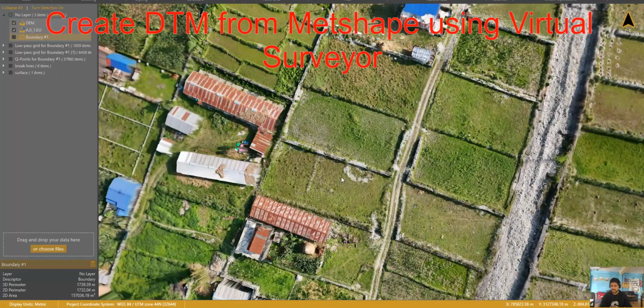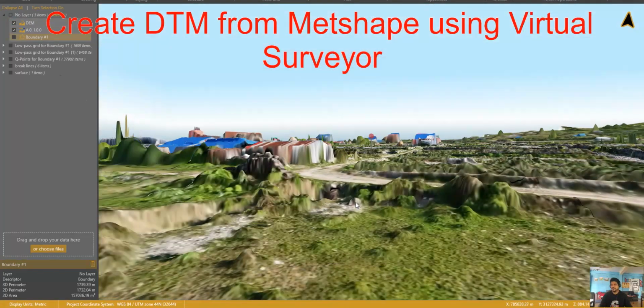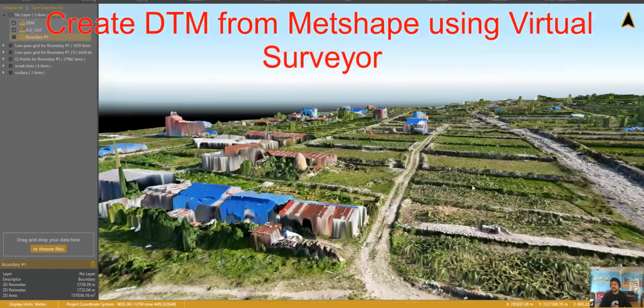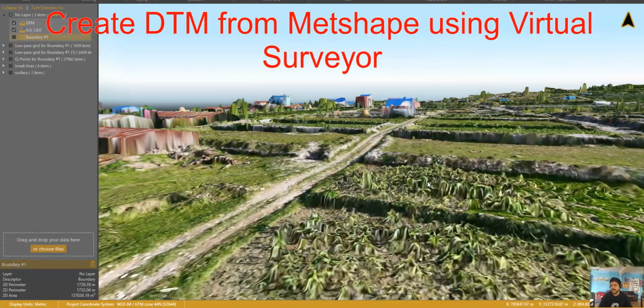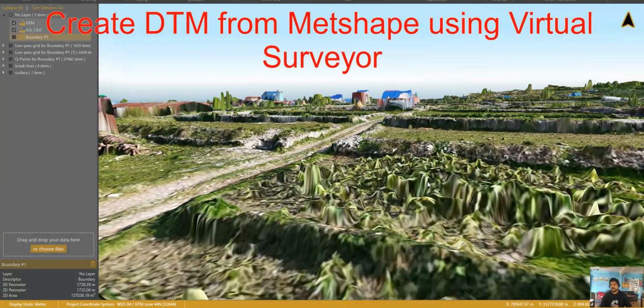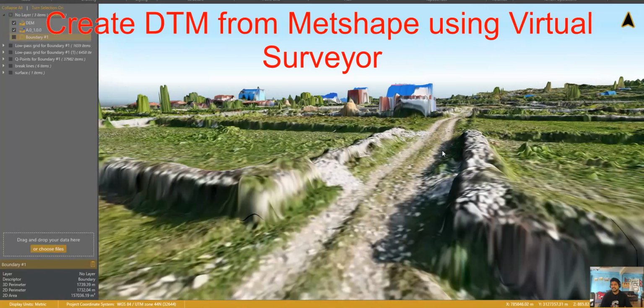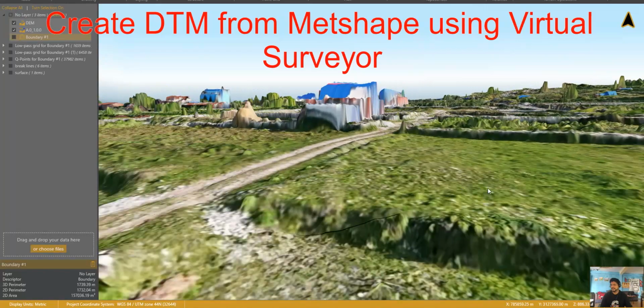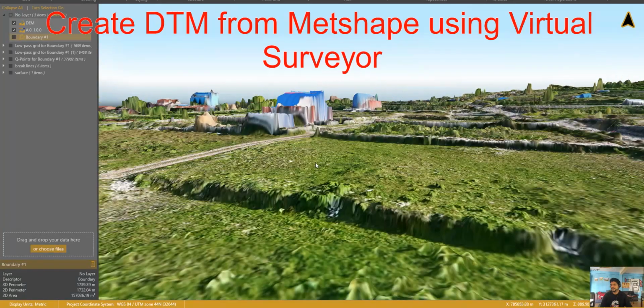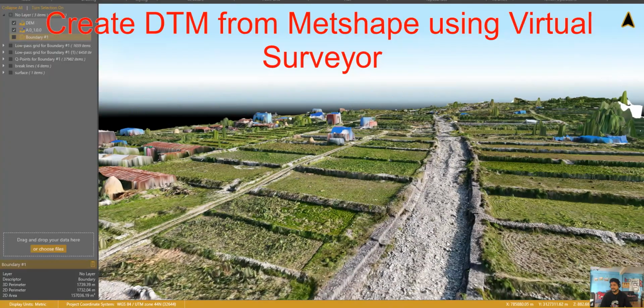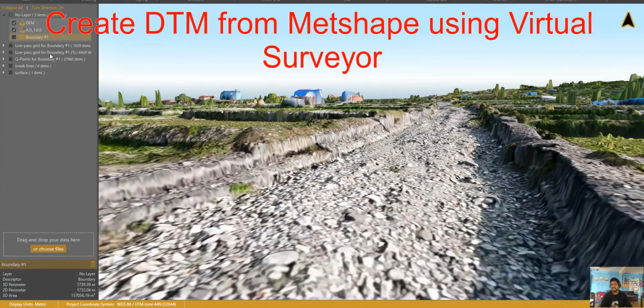By using the scroll wheel of the mouse, if I just click and drag the mouse cursor, I can see the orthomosaic view. I can combine the orthomosaic and the DEM, the digital elevation model. I can combine both, and I can see this model in 3D like this one. For example, if I go to this river side, and if I just